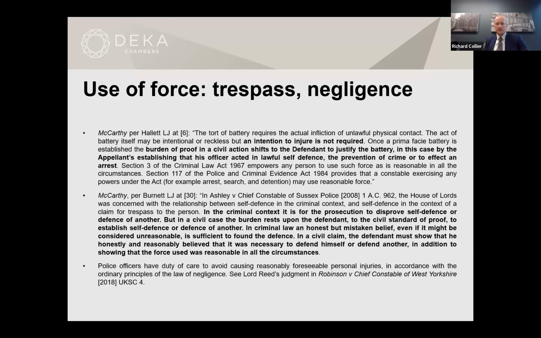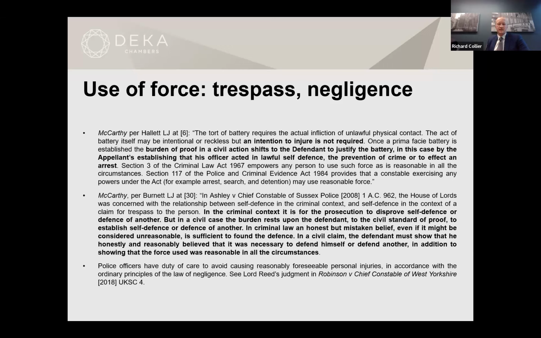In terms of trespass against the person, which is the other relevant tort, and is normally how these cases are pleaded and understood, we see Lady Justice Hallett's explanation there in McCarthy. I'll come on to consider McCarthy in some detail in a moment, but Lady Justice Hallett explains that there's no need to demonstrate an intention to injure, so there's no need for a kind of mens rea. But once a prima facie battery is established, when there's the touching, the burden of proof in a civil action shifts to the defendant to justify the battery. In this case, by the commissioner establishing that his officer acted in lawful self-defence, the prevention of crime, or to effect an arrest. And in the same case, Lord Justice Burnett gave some helpful guidance as to the difference between